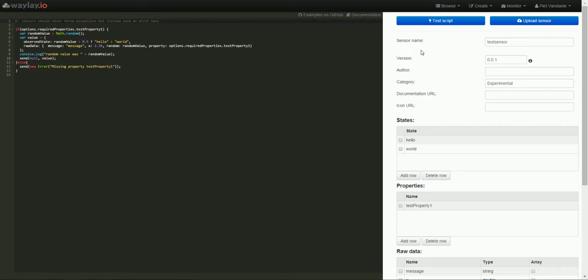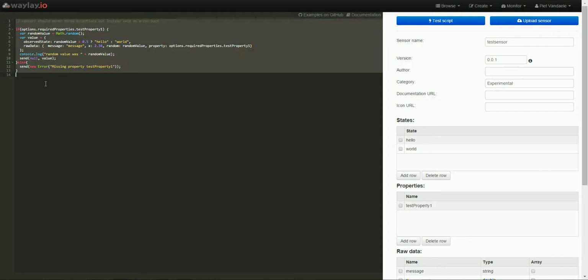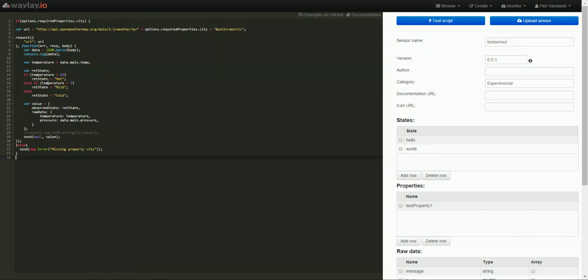And when we do that, we end up in the following UI. On the left-hand side, we see an example sensor with some JavaScript code. And on the right-hand side, we see sensor metadata. And together they form the sensor definition. Now, in this video, I'm not going to use this sample sensor, which is shown here, but I've prepared a small example. And in order not to make too many typos, I will just paste it here